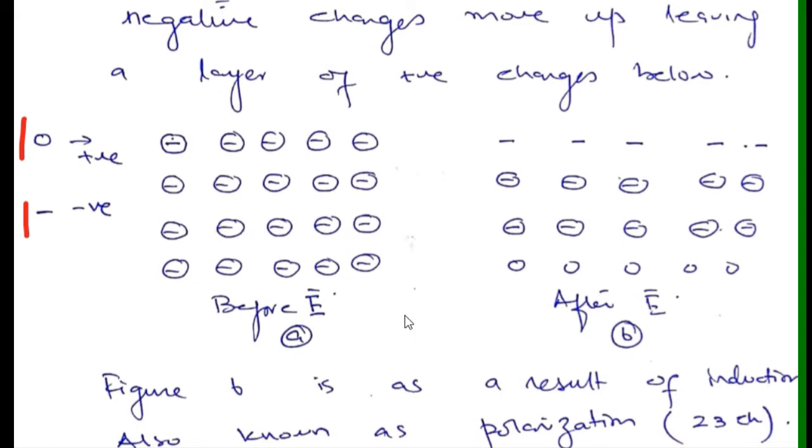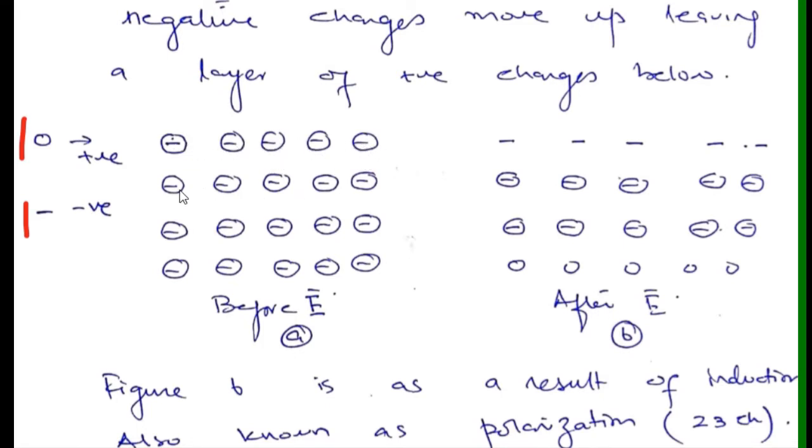There are no free electrons, and we cannot see a dipole. All the electrons and the positive charges are fixed in such a way that we cannot have free electrons over here. But after the application of an electric field, you'll see that this negative line has shifted up, that is, towards the positive side of the field, leaving behind this layer of the negative charge which has moved up towards the positive field, leaving behind this